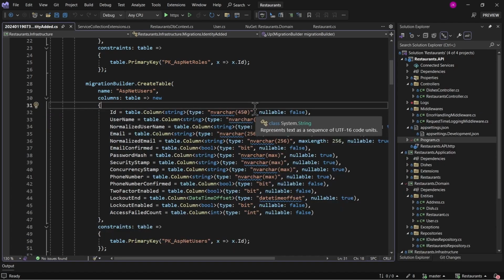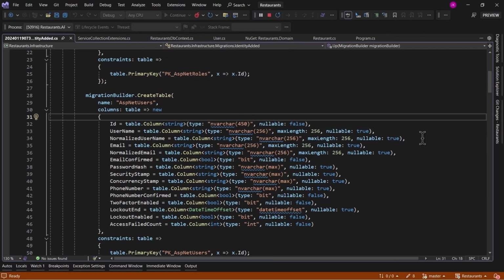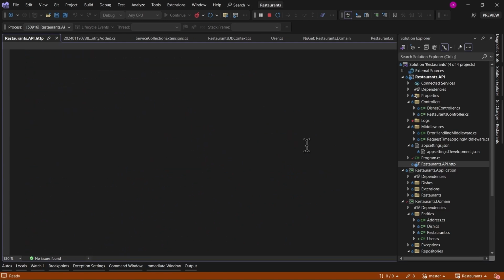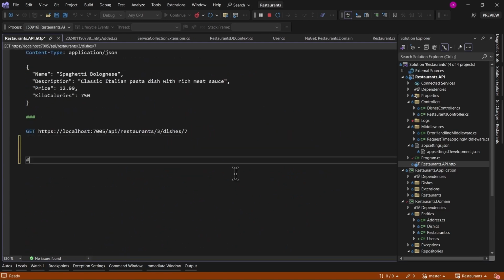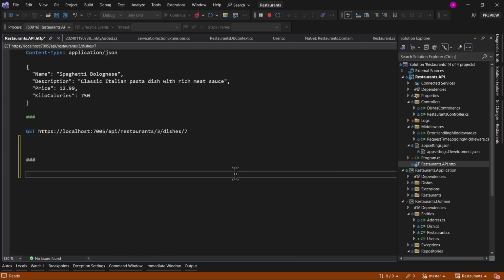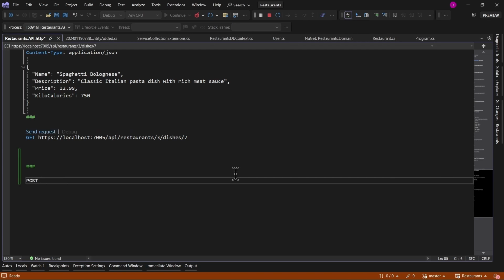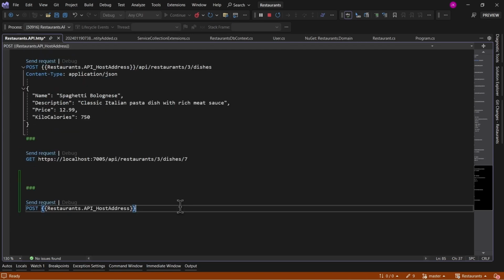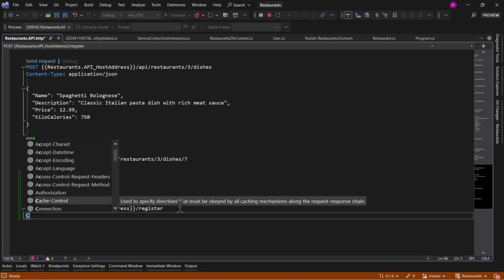Now we should be able to start our Web API program and send a sample request to the register endpoint. Let's start the application and open our API client. And here at the very bottom, I'll just create a new HTTP request that's going to respond to the HTTP POST verb. And by default, the endpoints provided by the identity package don't have any prefix, so to register a user, I'll just have to invoke the /register endpoint, and as a content type, I'll just specify